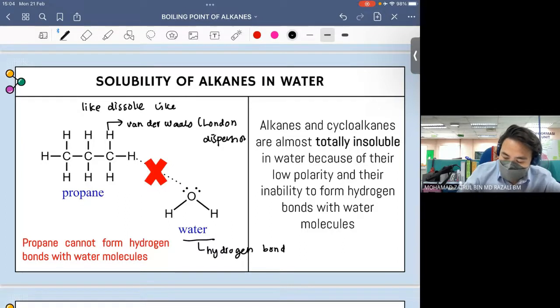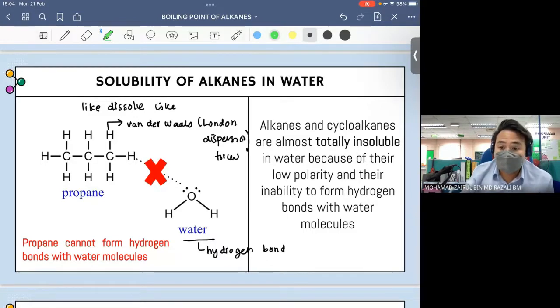So if you look at this, kalau kita try dissolvekan alkane ataupun for this case adalah propane in water, they cannot dissolve each other. Reason dia sebab apa? Sebab alkane dia cannot form hydrogen bond with water molecule. Sebab macam saya kata tadi, in order to determine whether the molecule itu boleh dissolve antara satu sama lain ataupun tidak, kita menggunakan konsep like dissolve like. Means molecule with the same intermolecular forces saja yang boleh dissolve antara satu sama lain. Reason kenapa alkane tak boleh dissolve dalam water adalah disebabkan alkane ini dia ada van der Waals forces, tapi dia tak boleh form hydrogen bond with water molecule.